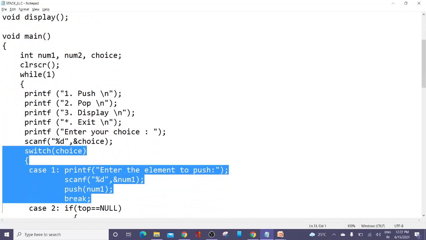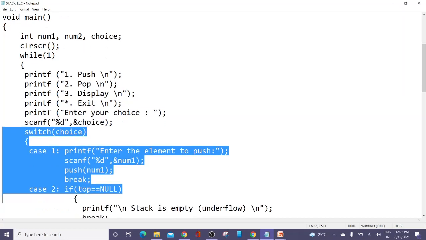In case 1, you take the element to be pushed, that is num1, and you call the push function. In the same way, if case is equal to 2, you are supposed to call the pop function. Before calling it, you check whether top is equal to null.